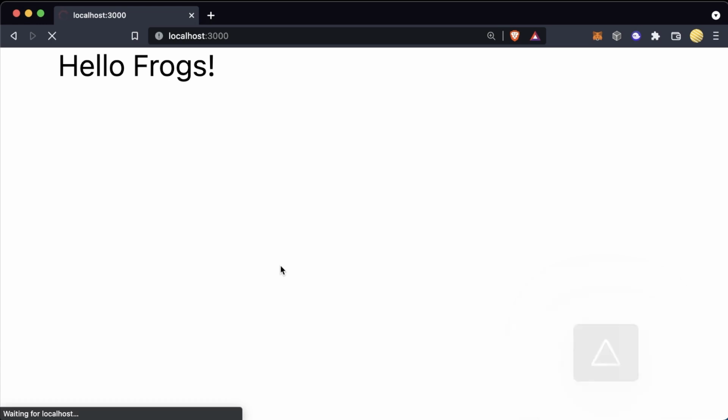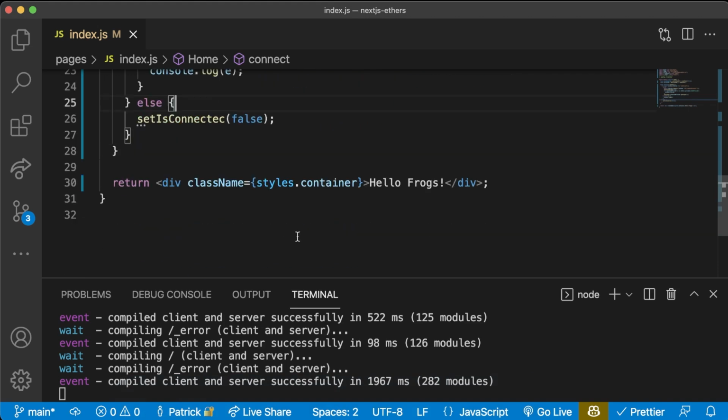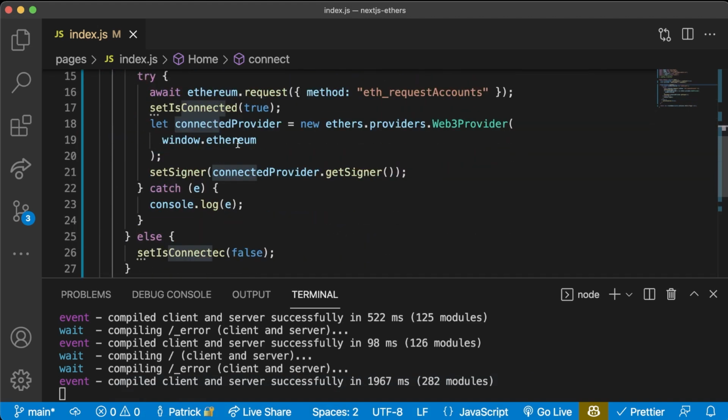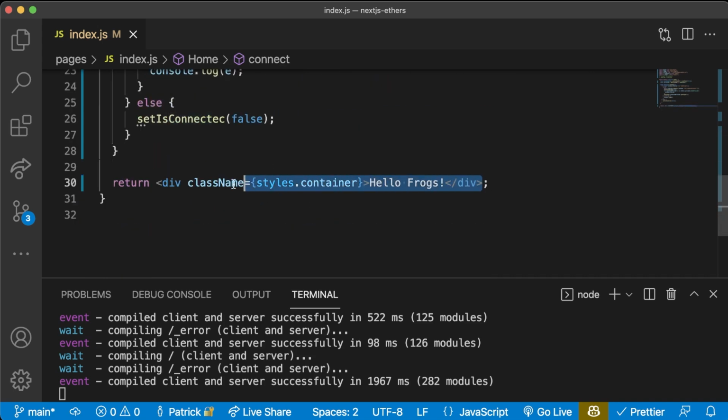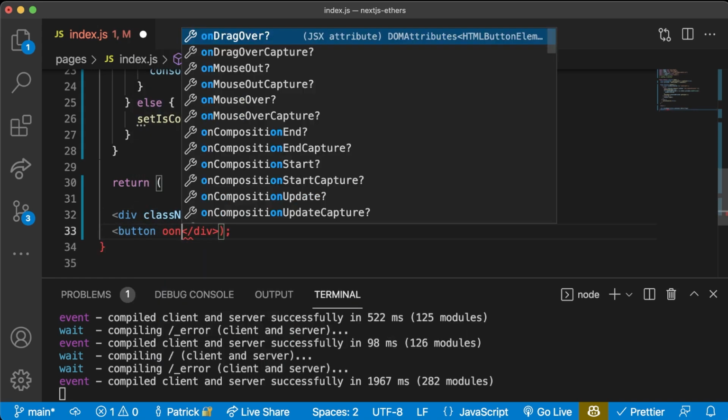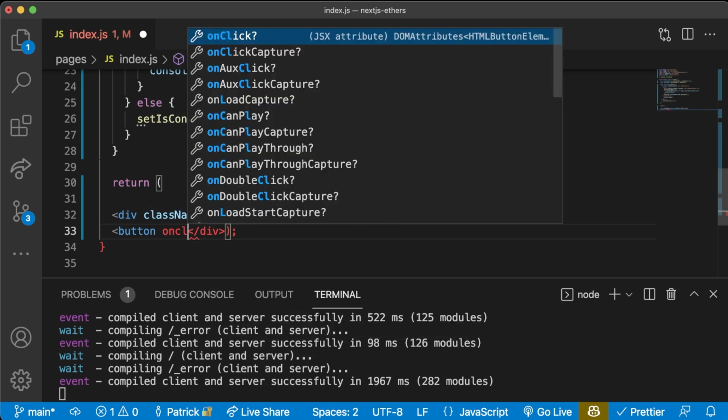Let's go to our front end. We'll do a little refresh. Nothing happened here. Why? Because we need to create our button that's going to call this connect function. So let's wrap this in parentheses. And in here, we'll do a button. We'll say on click